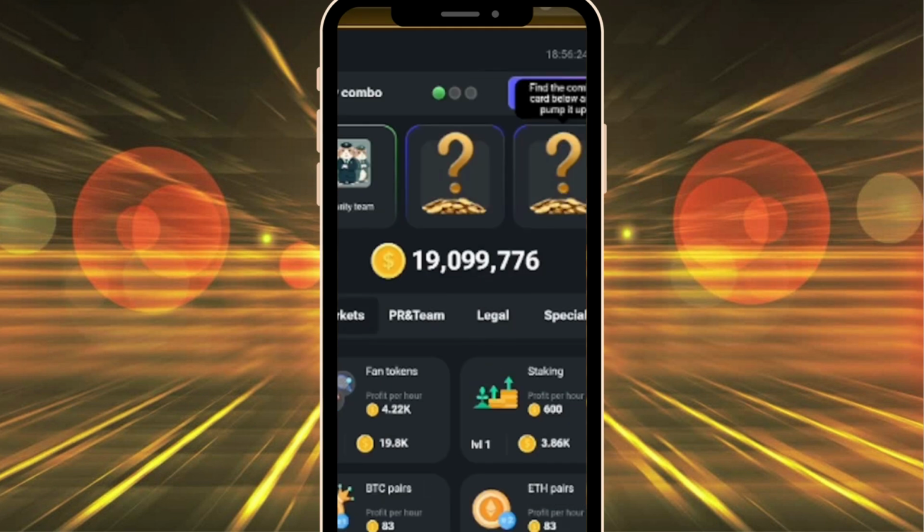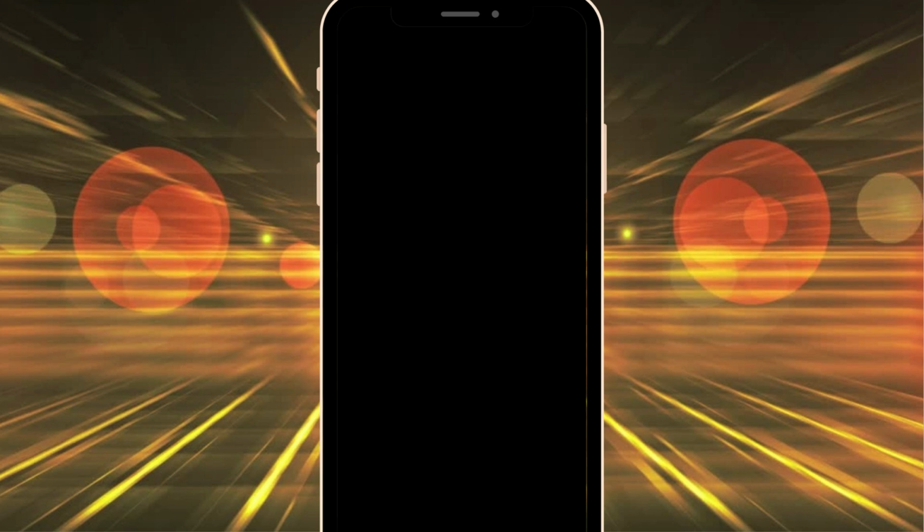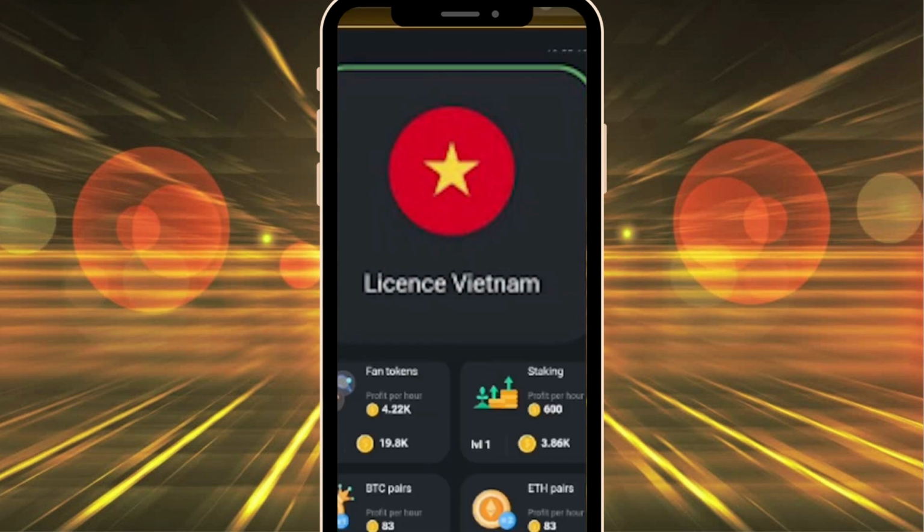The third card we need to unlock can be found in the legal section, and the name of that card is License Vietnam. The License Vietnam card. That's the third card we need to be able to unlock our daily combo of 5 million tokens. So I'm just going to click on the legal section, and scroll down to look for the Vietnam license, and there we have it, License Vietnam. That's the card we need, and we can see it right here. So I'm just going to click on it and then click on go ahead,